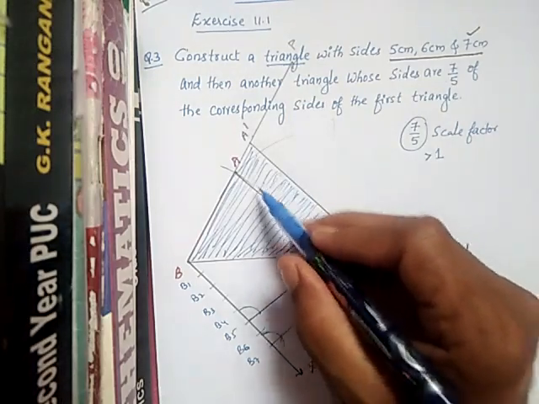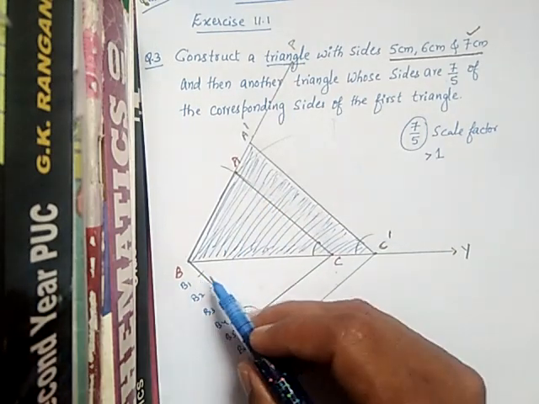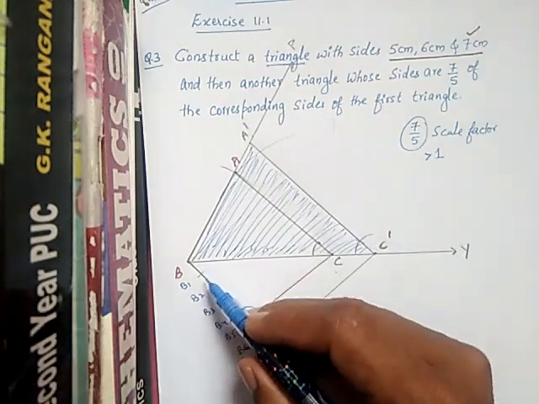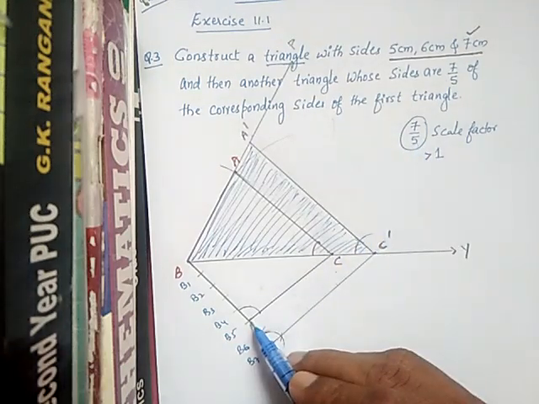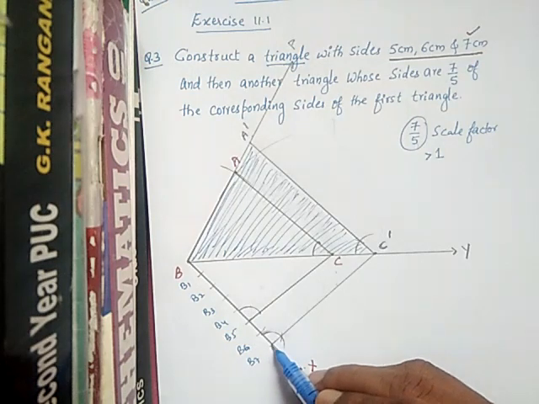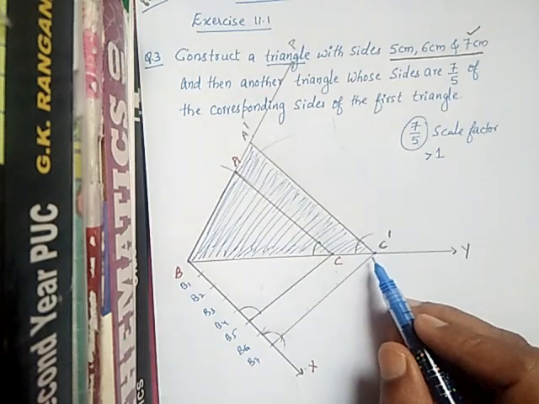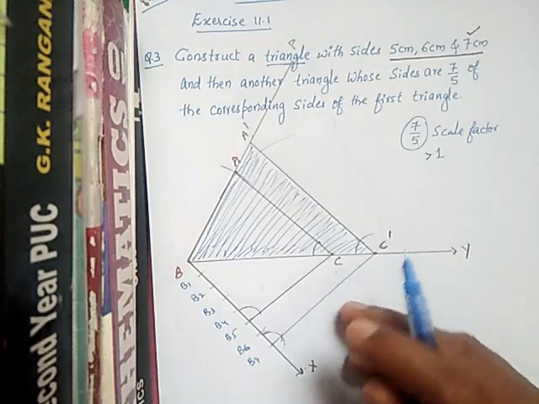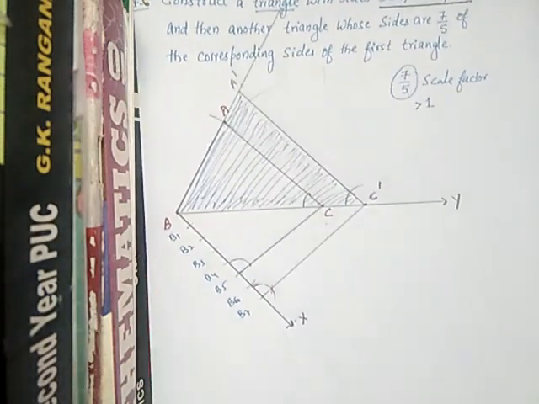And the first thing is you have to draw the triangle. For this one you have to draw the acute angle from B, and next you have to mark 7 points because here 7 and 5 are there, so the bigger is 7. So all arcs should be equal. From B5 you have to join to C because in the denominator here it is 5. So the B5 point you have to join. Next our intention is you have to draw from B7 to this line. It should intersect here at some point C dash, which should be parallel to B5C. In the same way for CA also, it should be parallel to CA dash. So steps you can write.